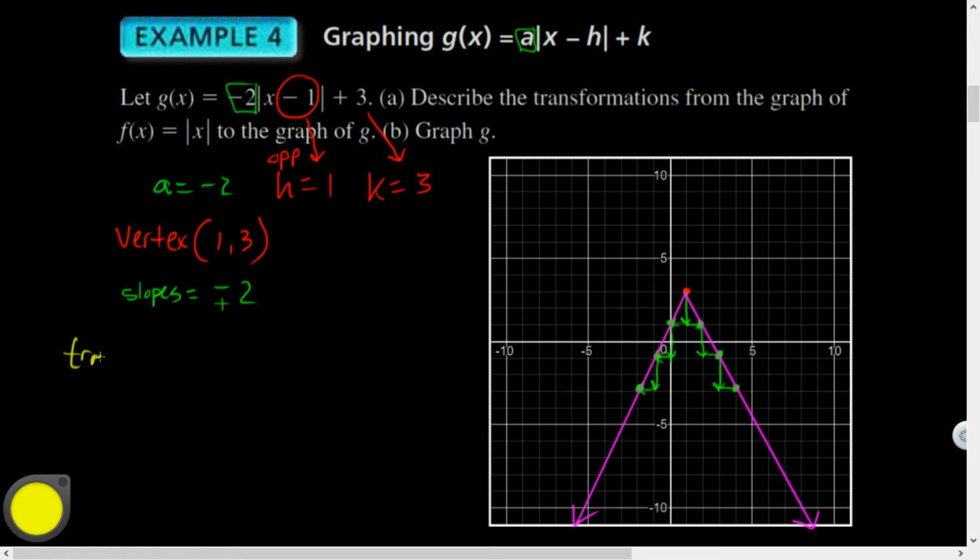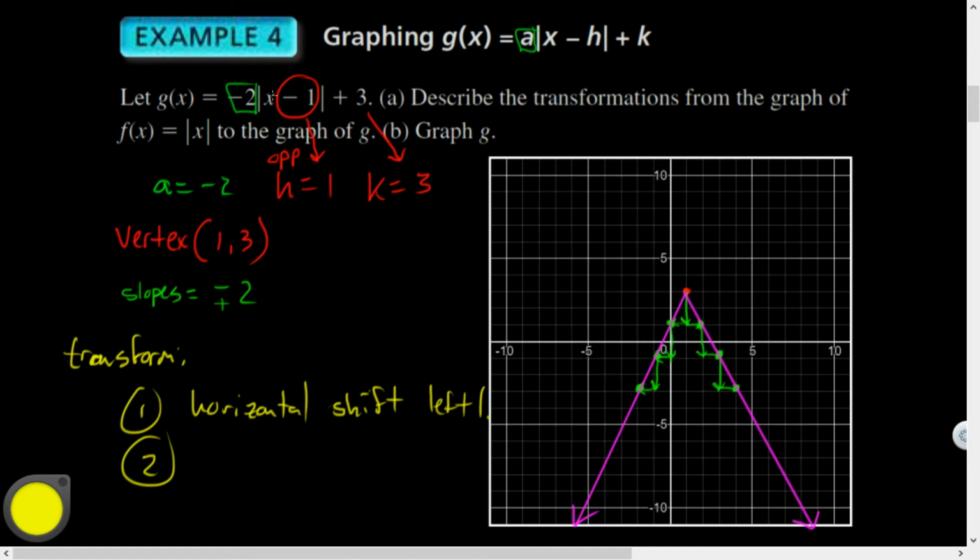So yeah, the transformations would have been 1, starting on the inside, it would have shifted, horizontal shift. And we won't have to describe these all the time. I'm just mostly going to be interested in your graph. But horizontal shift, what was it? Left 1. 2, the next thing that happens to x by order of operations would have been multiplying by -2. So it would have been a vertical stretch